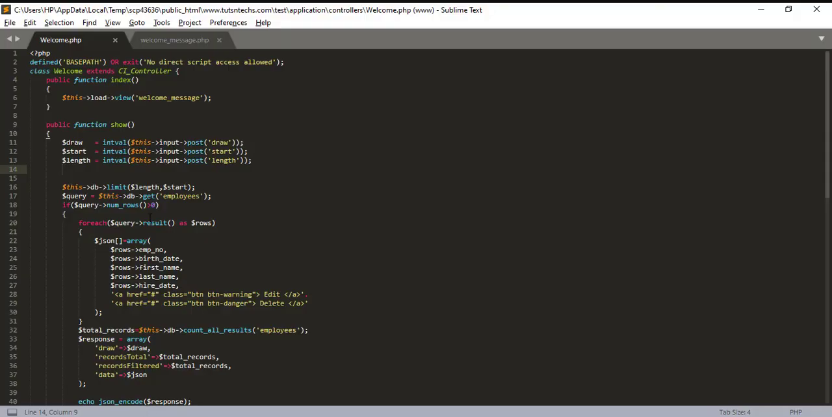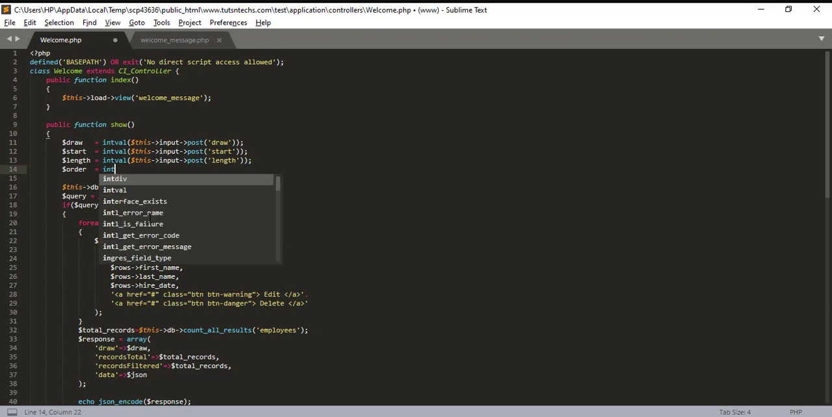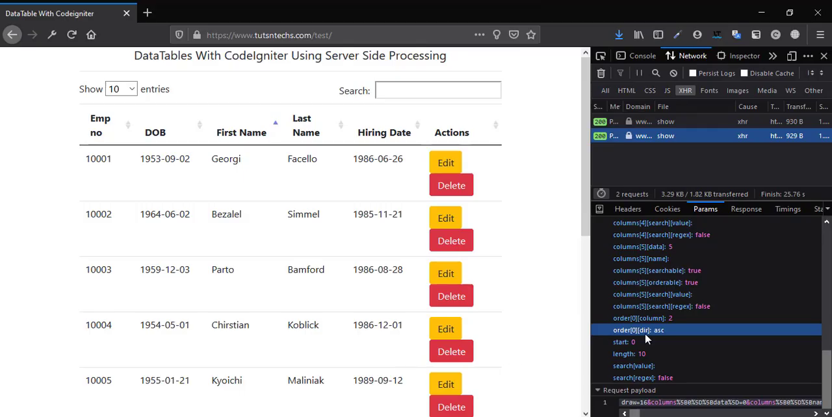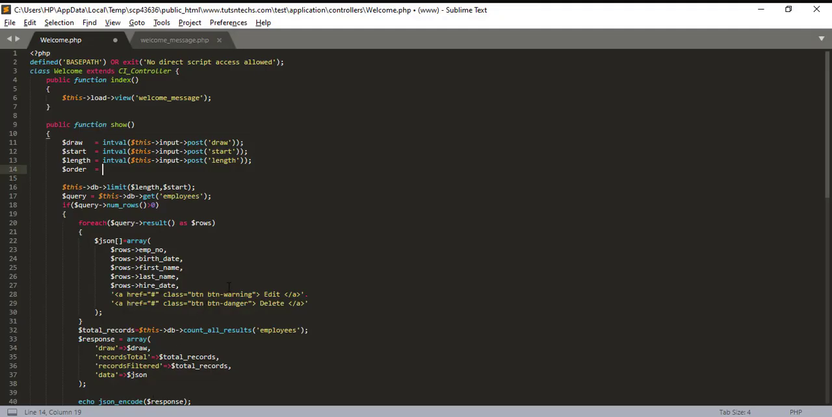So what we're going to do here is first catch our order parameters from the data table. We're going to do order equals, and we're not going to use intval here. Why? Because now we are not getting an integer value, but an ascending or descending value. This is a multi-dimensional array, so we don't want to convert it to a number, because it has one number but also a string. So we're going to do the normal this input